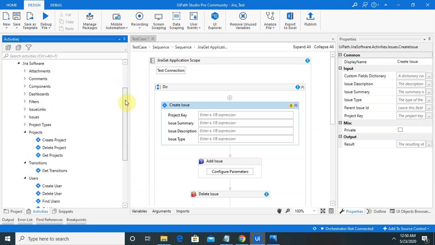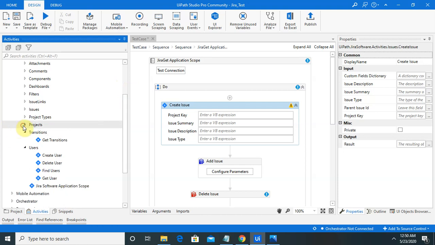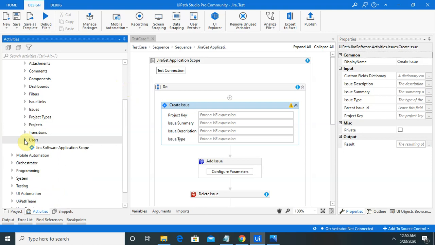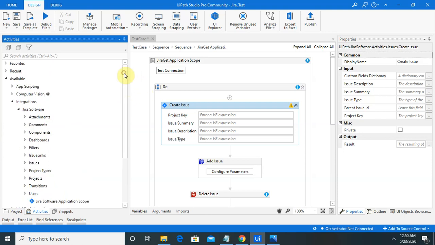So these all features are included in UiPath for ease of use of the application without any manual interventions. So these things are already automated and can be used for all our projects.